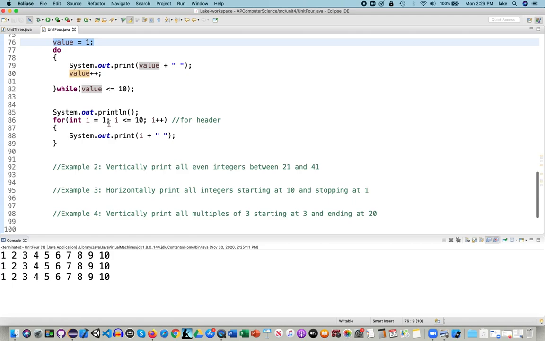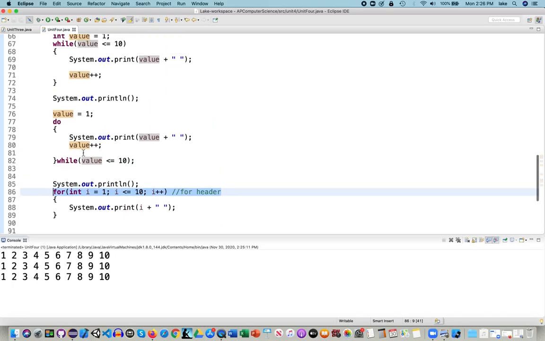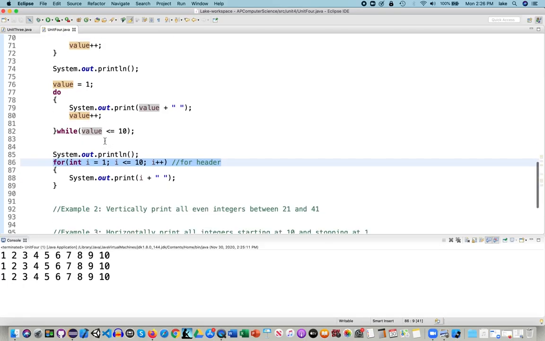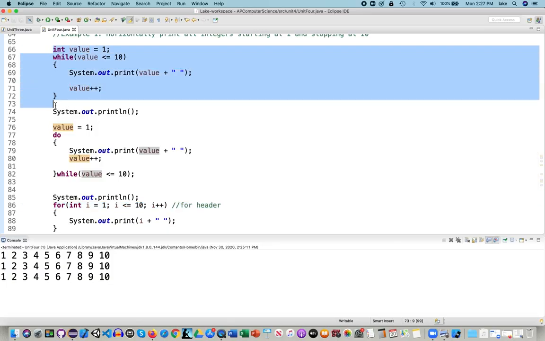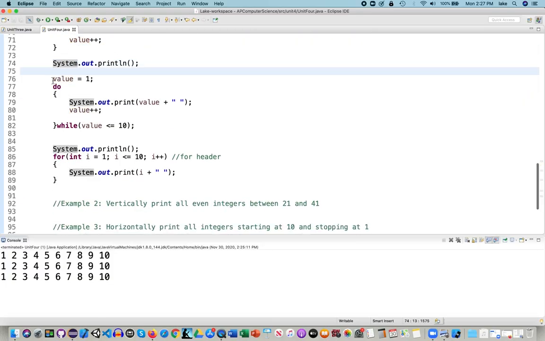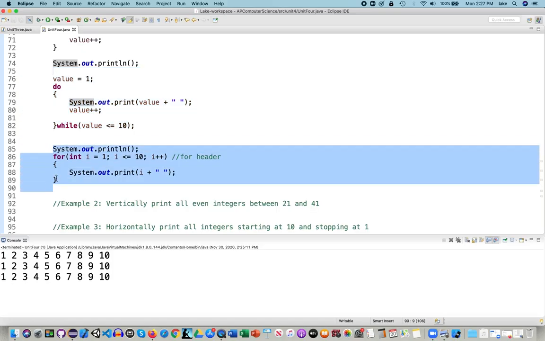Come down here, starts at 1. This gets a little confusing sometimes. People think that this goes straight across. It does not. It behaves just like these two loops. They're interchangeable. You could use this and never use these ever. You could write all your code and always use this. There's no reason to be using